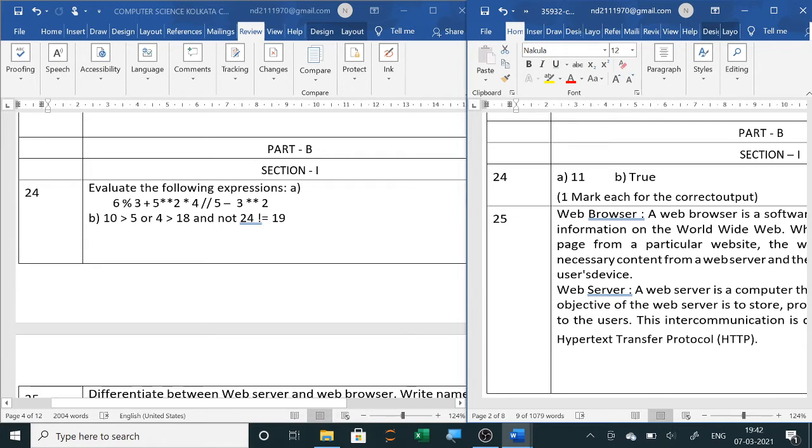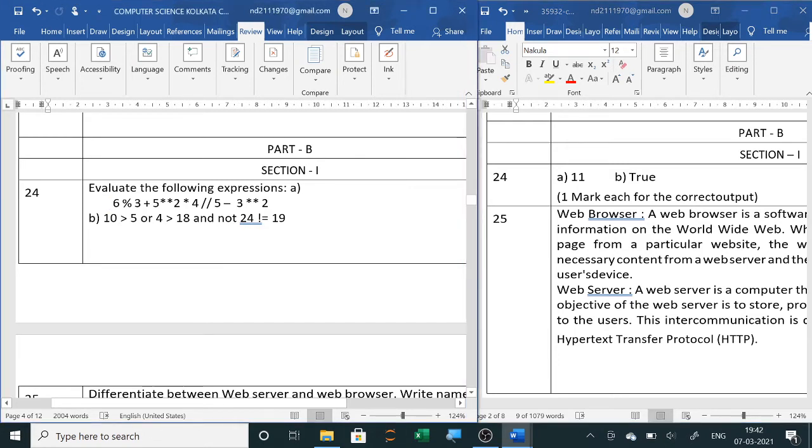So that is 5 to the 20, so 20 will be the second one. Now 3 ** 2 is 9. So 20 minus 9 is 11. So the answer is 11.